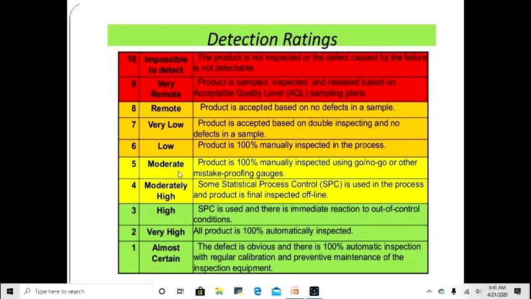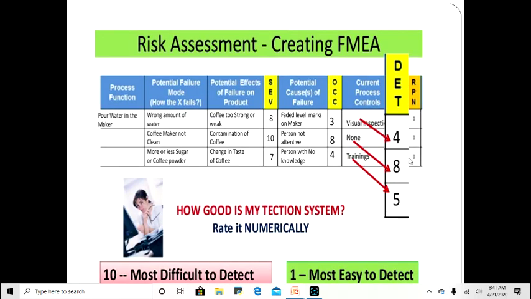That is moderate. And if you can detect it very frequently, it is 1. So your detection is graded again from 1 to 10, based upon these criteria. Okay, so you put the number. Visual inspection, yes, you can detect very easily. Four, trainings you can do to the person. It doesn't take much time. You train the person. 5, none.